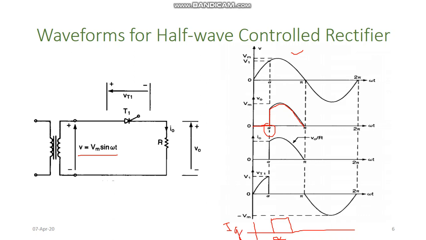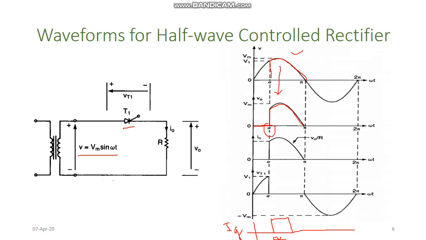when the gate is triggered at this angle alpha, only then will this thyristor start to conduct, and the output voltage will follow the pattern of the input waveform. This is the waveform that is being